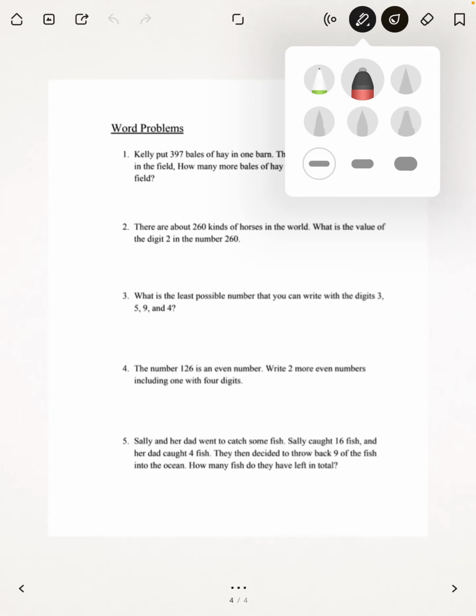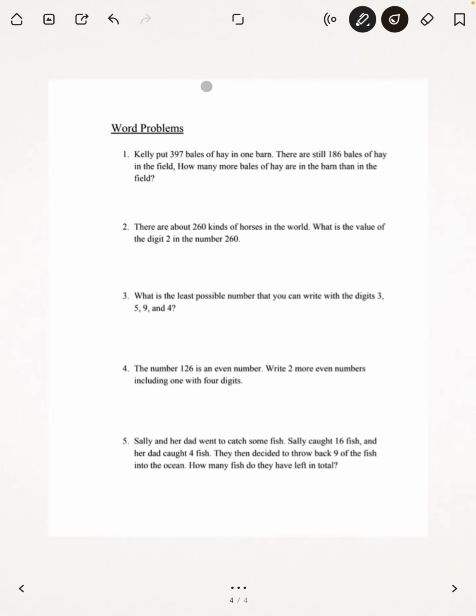Word problems. Okay, let's just do one. This one. Okay, Kelly put 397 bales of hay in one barn. There are still 186 bales of hay in the field. How many more bales of hay are in the barn than the field? So our keyword is how many more,